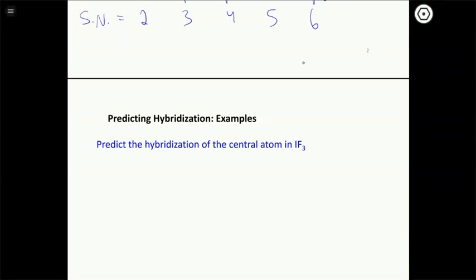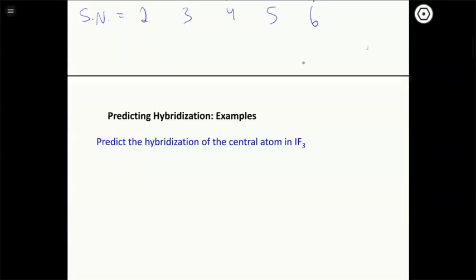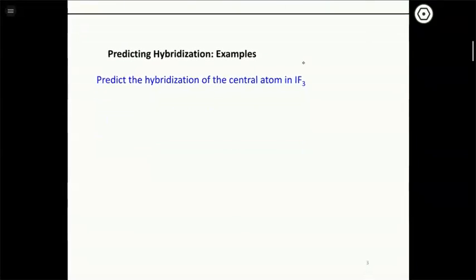We'll continue on with this example problem. So predict the hybridization of the central atom in IF3. And so like many things we're doing in Chapter 4, it requires us to draw a good Lewis structure. Lewis structures are really a Chapter 3 topic, but without them we can't say anything about the shape or the hybridization of the molecule that we're interested in. So we have to do the Lewis structure for this one, IF3.